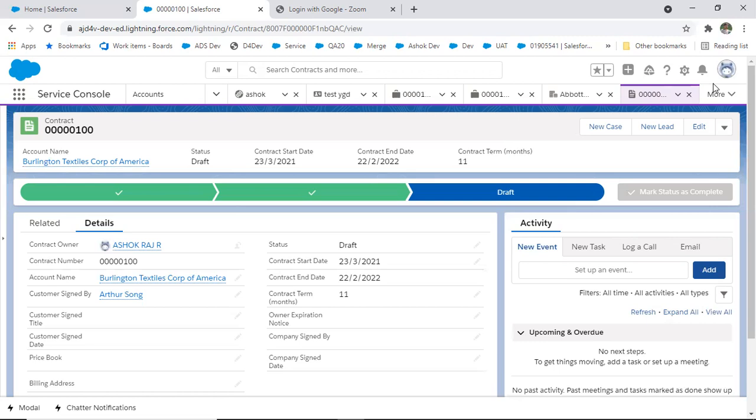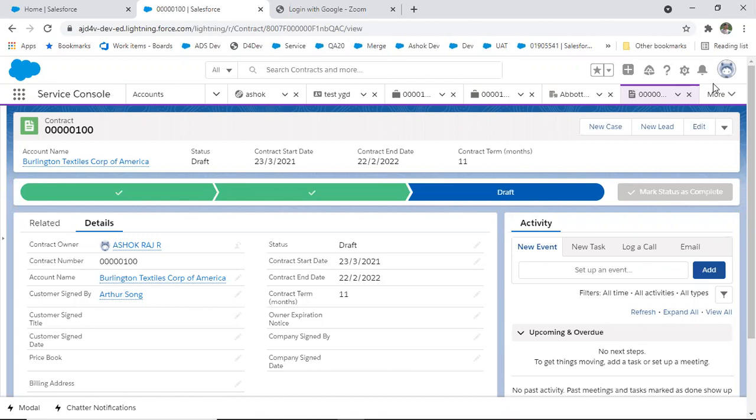Yeah. Like you mentioned, in Salesforce there are two relationships: one is lookup, another one is master detail. In master detail, you have a lot of options available, like the security part. If there is a security applied for the master, it is applicable to the child as well. That is one thing. Second thing is roll up summary.